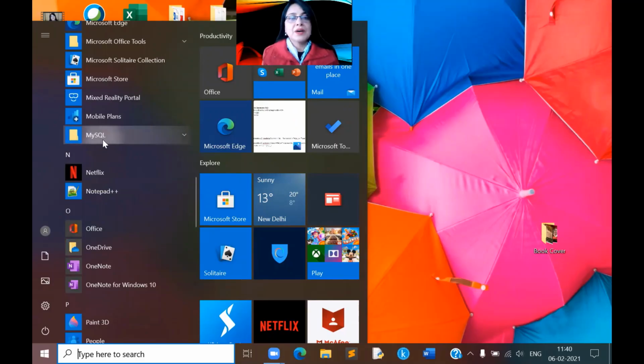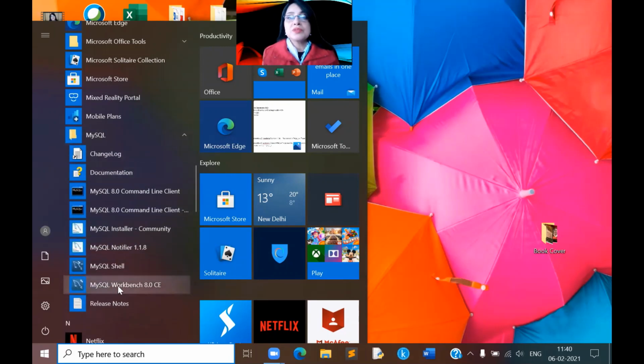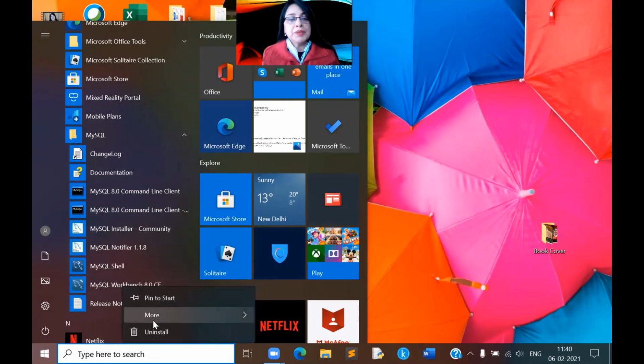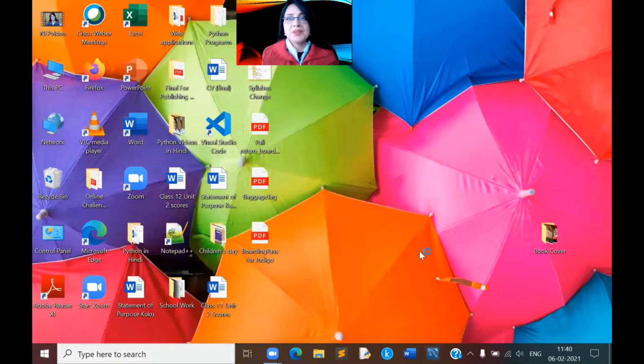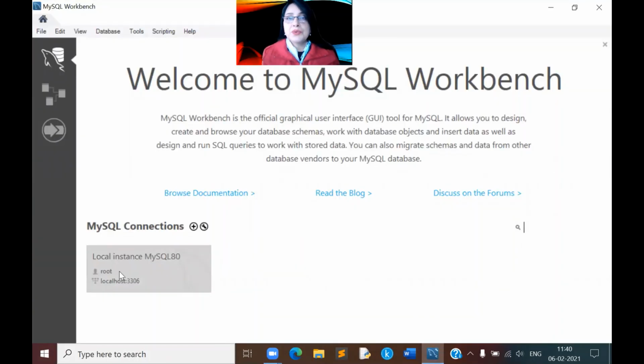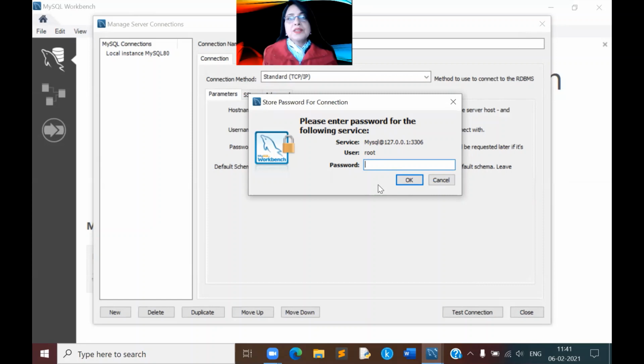Once the server is downloaded, you'll see the MySQL option in your Start menu. And in this, you will also see the MySQL Workbench option. You can pin this to the taskbar and open to check the Workbench. There'll be the root instance of the MySQL server. You can click on that. It'll ask you for the password that you used during setup. When you fill that here,